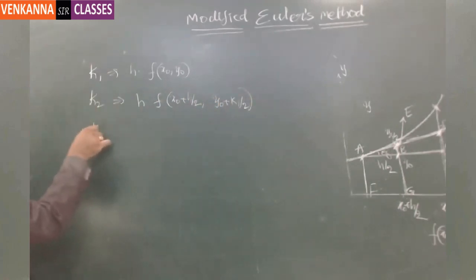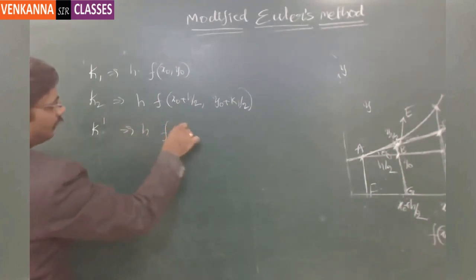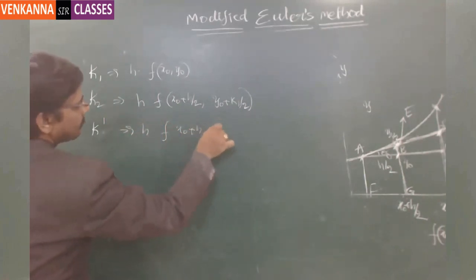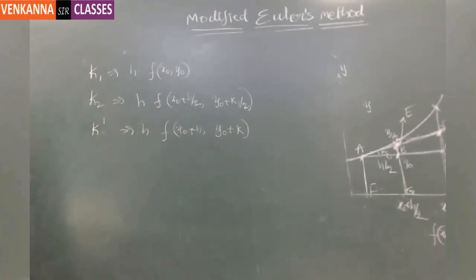And then k dash is h times f of x naught plus h comma y naught plus k. This is the k value. K3 is